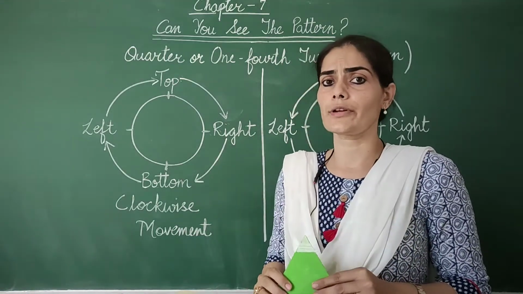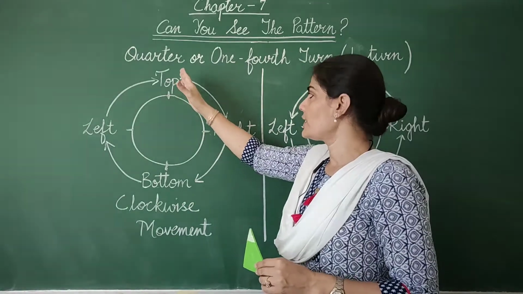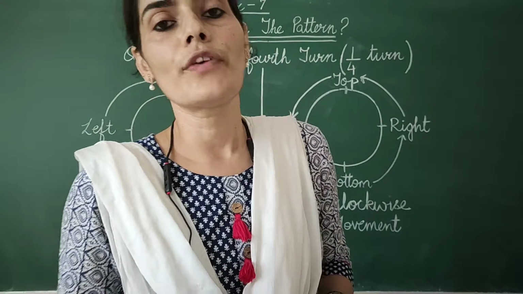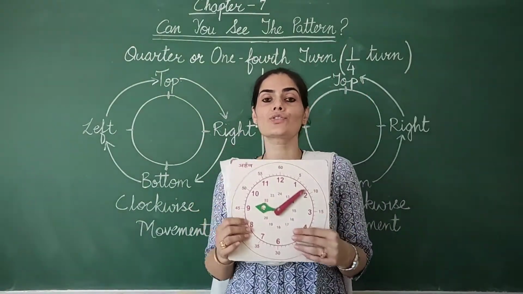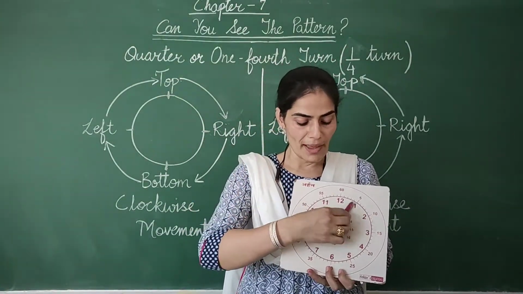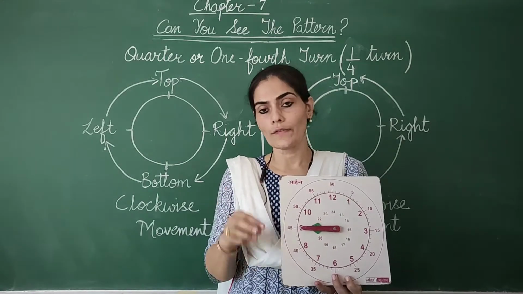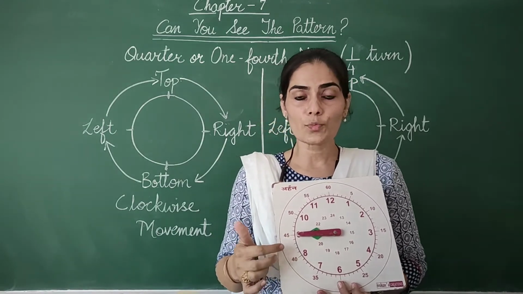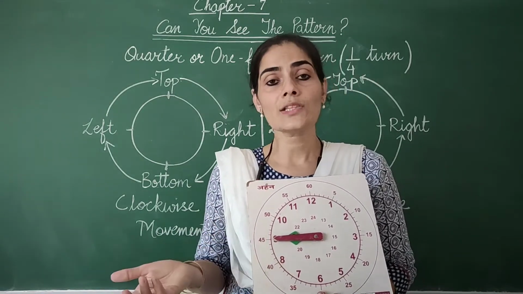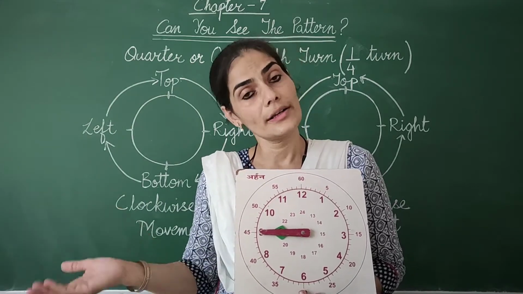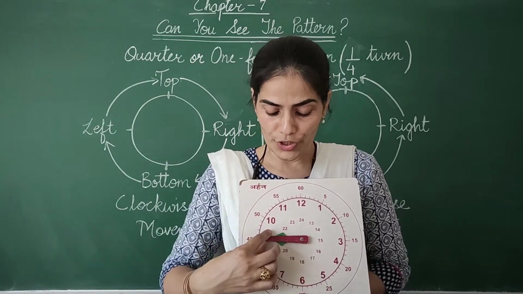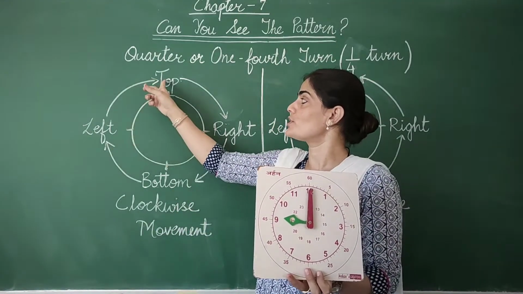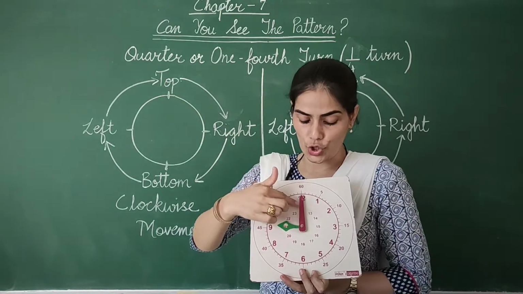If you are not able to remember this way, like top, right, bottom and left, you can learn the same thing with the help of the hands of a clock also. Just imagine that this minute hand of the clock is pointing at 9 now. So where will it point? Now if you see, 9 is what? It is your left. So after 1/4 turn clockwise, it will point towards the top. From left, the object will move towards the top.